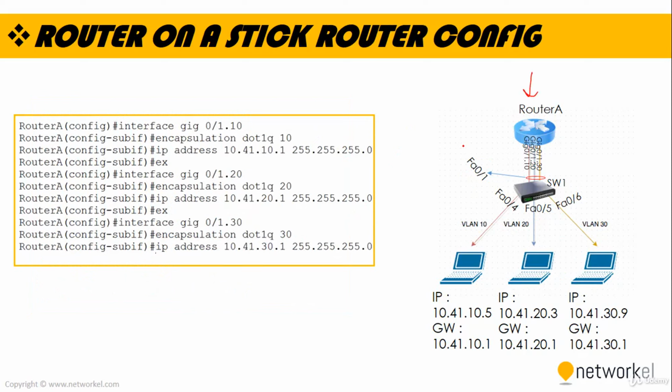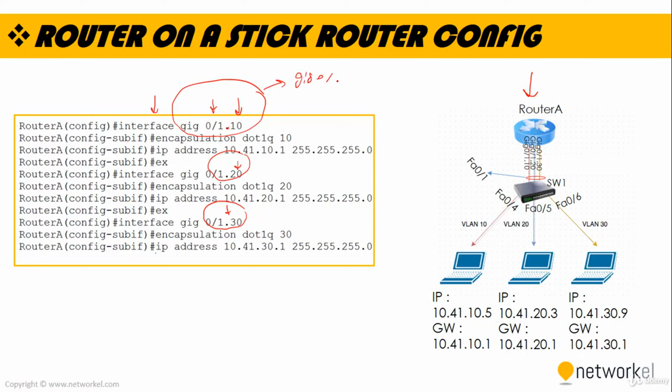What I'm going to configure on the router side, for router A, is some sub-interfaces, as you can see. To create a sub-interface, the command is interface gig 0/1, the physical interface, dot, the sub-interface's name. This is the sub-interface, the whole thing is the sub-interface: gig 0/1.10, gig 0/1.20, gig 0/1.30. Okay, I'm terminating VLAN 10, VLAN 20 and VLAN 30 here, as you can see, but I